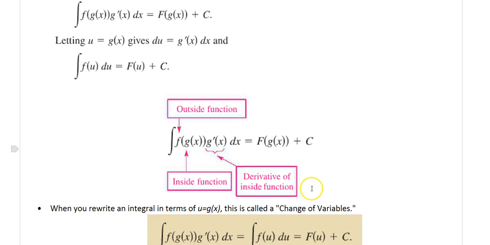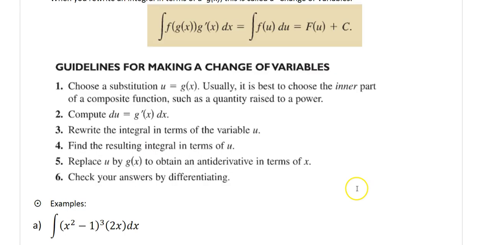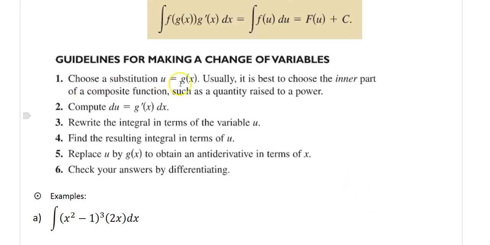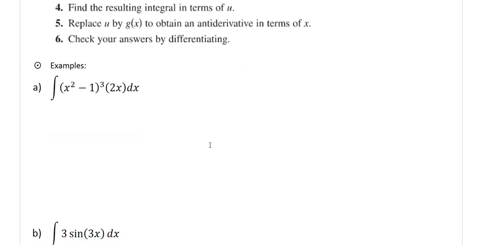Now whenever you rewrite an integral in terms of u equals some g of x, this is what we call a change of variables. So I'm taking this and changing all my variables to u, and remember, the variable here is a dummy variable, so we can just apply one of our formulas, and that gives us our answer. So to make a change of variables, we want to choose our u. That's usually going to be the inner part of a composite function. We want to find du, rewrite the integral in terms of u, and then go ahead and integrate that and replace our u with g of x. And you can always check your answer by taking the derivative,